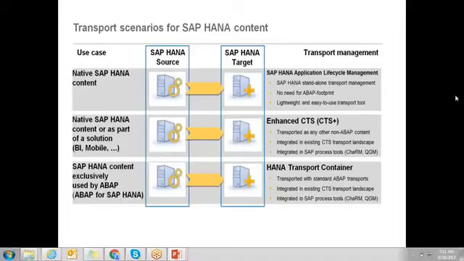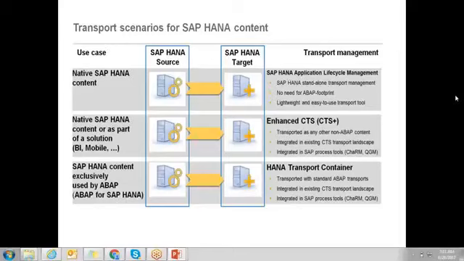If you talk about BW related objects, there is a special concept called CTS plus. It is an extension of the general transport organization, the application server transport organization. Using CTS plus we will move them.